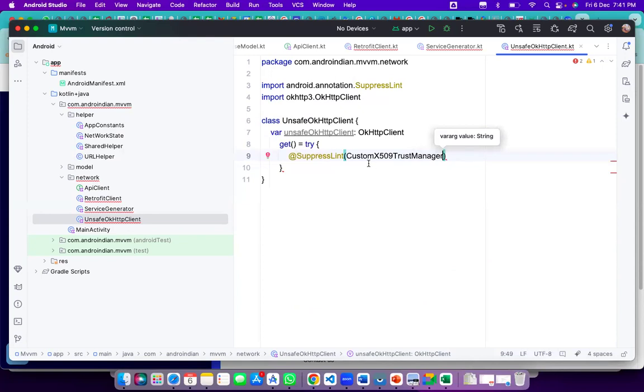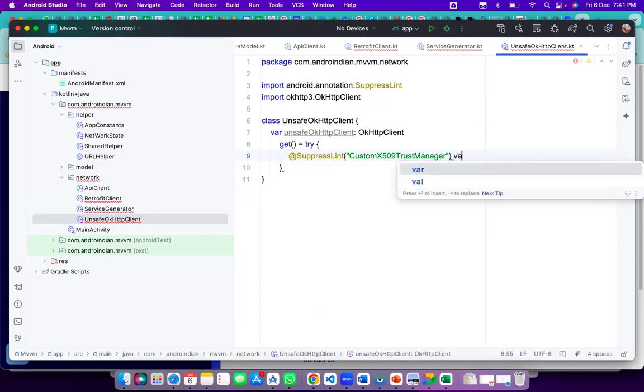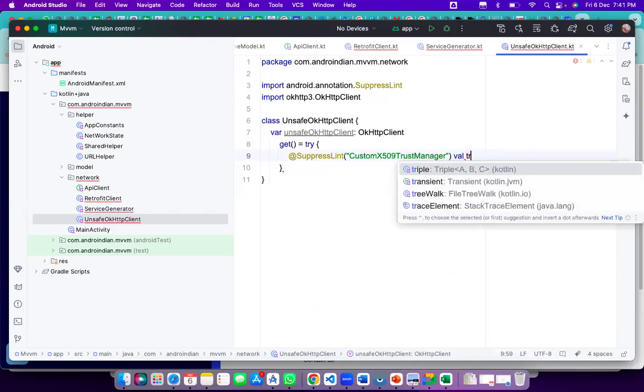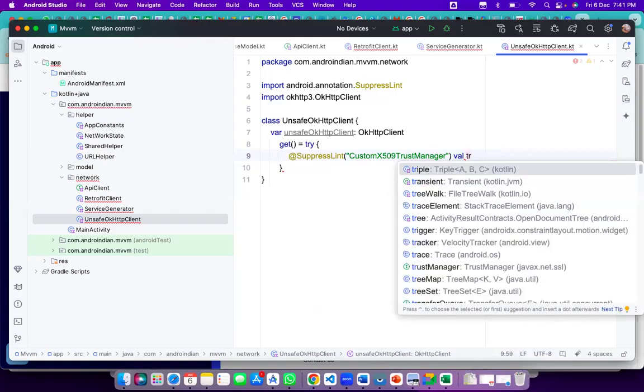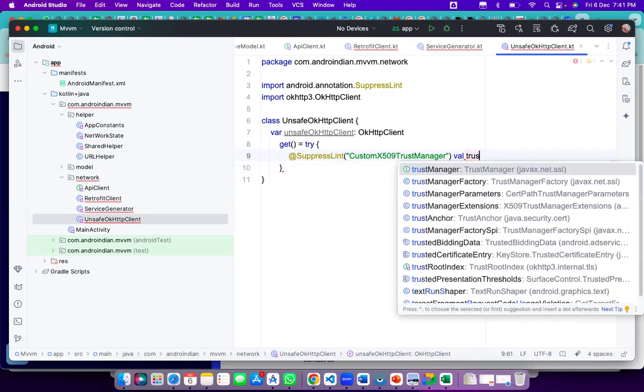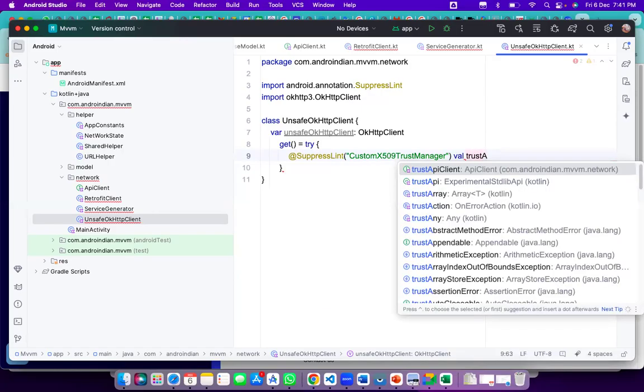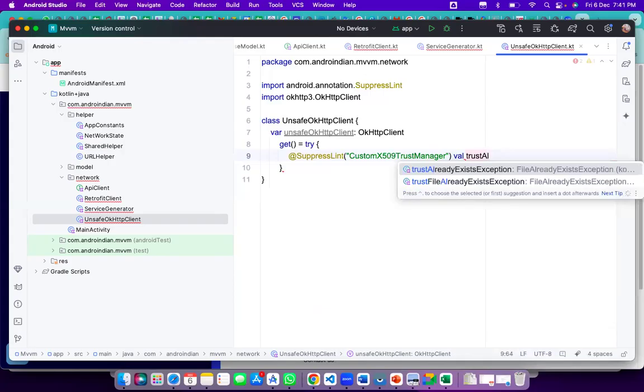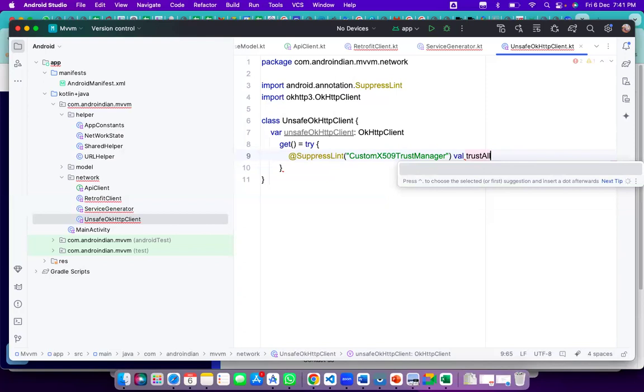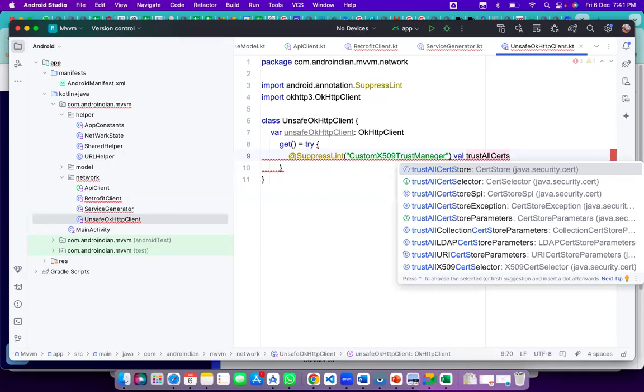This we have to add within our code. X509 trust manager. So that is val trust all certificates. So it will trust all certificates. Trust all certificates equal to